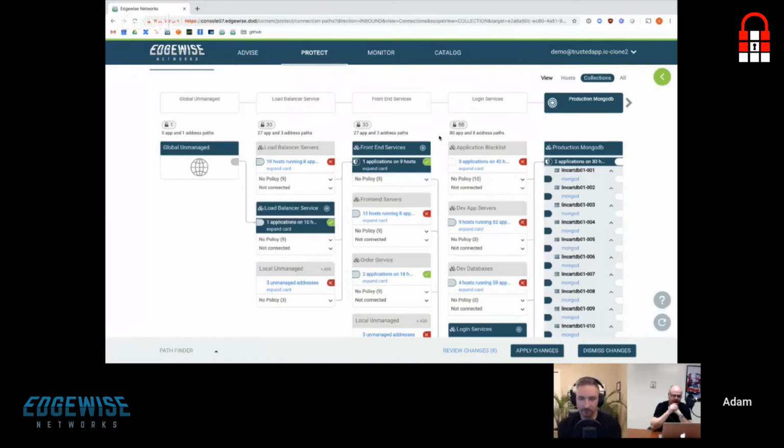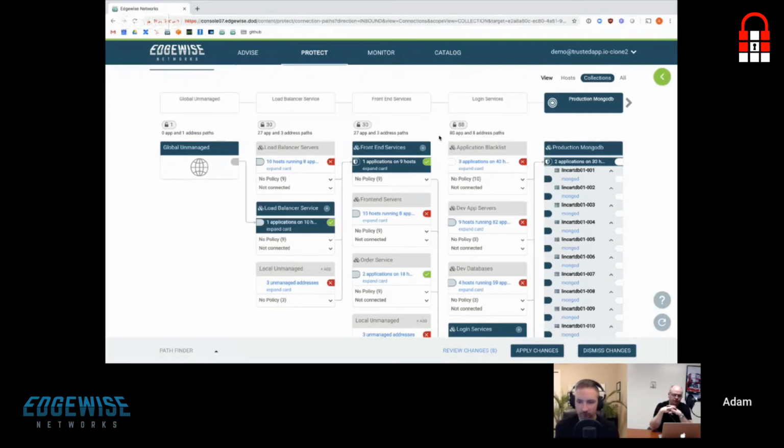So does this mean that you'd probably have similar skill sets of people who are administering the Edgewise software as would be administering, for example, firewalls? Exactly. And so the idea is that you would need either the same amount of people or even less. We have a couple instances of some of the customers in the financial or legal spaces that have actually been able to reduce the number of people required to manage their network security by using a tool such as Edgewise, because we focus on the idea of using machine learning and automation to group this together in intelligent ways to give you the ability to set this up.